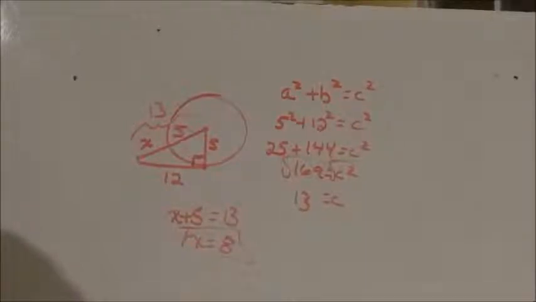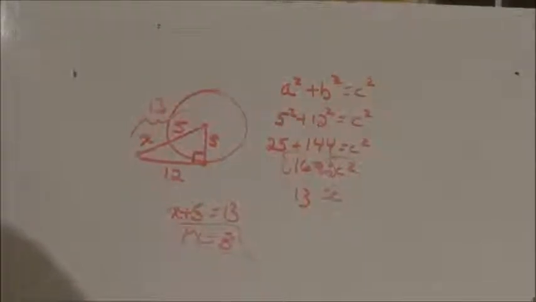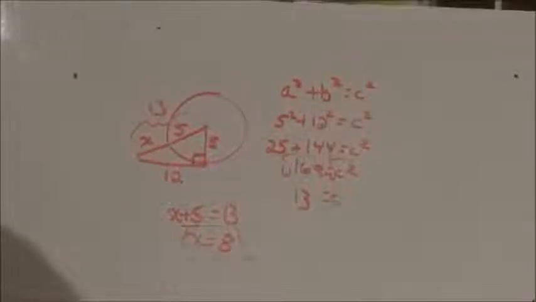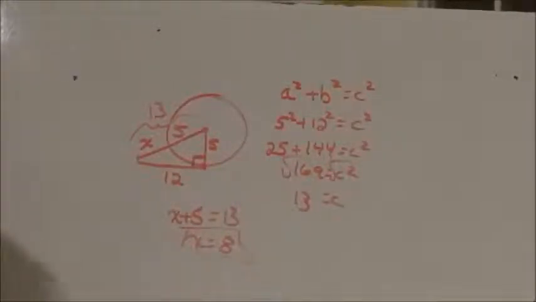Segments that intersect inside a circle, segments that intersect outside a circle, 2 secants, and if it was a secant and a tangent, or 2 tangents. And then other than that, we've got, again, the theorems that went with all this chapter. And if you look through all your day 1, day 2, day 3, day 4, day 5, and day 6 notes of circles, we saw a bunch of theorems that apply to what happens when a segment from the center is perpendicular to a chord. What happens when a segment from the center goes to a point of tangency? What does it do? What is it if it's perpendicular to a chord? What does it do to the arc? What about the opposite angles of a quadrilateral inscribed in a circle? All those things